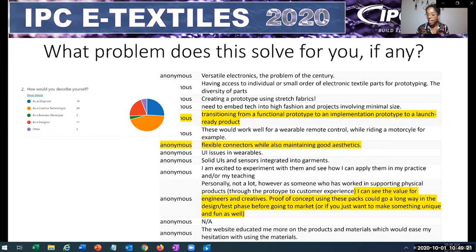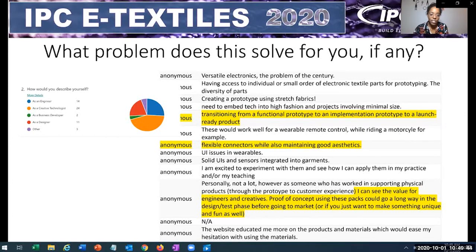So that robust connection was one of our goals. We got feedback. Someone said, personally, I don't use this stuff a lot, but they could see the value for engineers and creatives to make a proof of concept that could go a long way in design and testing before market. So again, that looks like prototype. And we were thinking, okay, it seems like we're solving the problem that we think is there